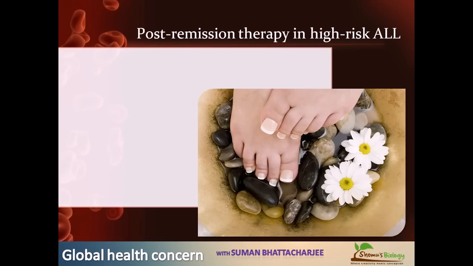Second thing is, what are the post remission therapies for high risk ALL? Remission is not the final ending. Our first and primary goal for any kind of leukemia is the induction of remission. Once the remission is initiated, that is the first thing we aim for. Remission means we will eliminate every abnormal cell from the body and replace it with normal cells, so that we find only normal cells in the bone marrow, in other tissues,